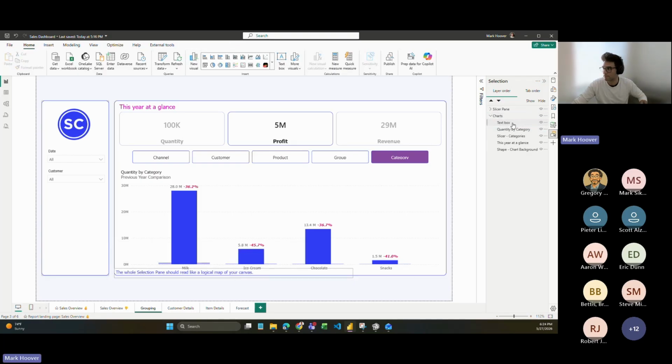You could rename that text box, I don't know, note, disclaimer, whatever you'd like. Okay, so I think you get the idea here. This is something that's, I think, super important, especially when the end user is going through the report, and then they see that